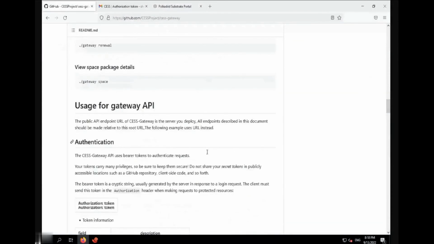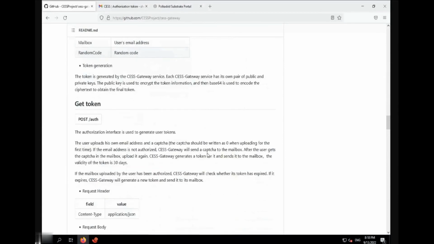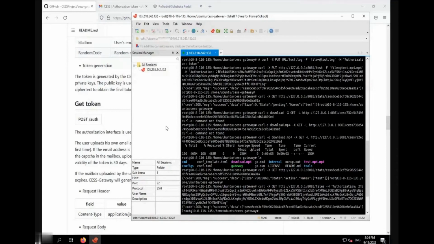Now I'm going to show you the second case. Here, the user does not deploy a gateway and needs to use someone else's gateway to upload and download files. We will demonstrate with another server without a gateway installed. First, you need to log on to this server remotely.